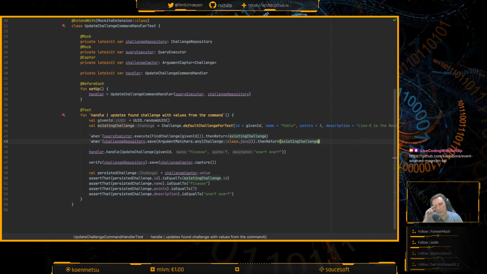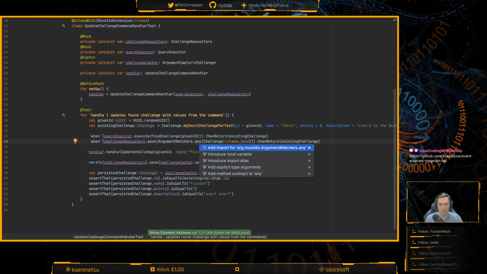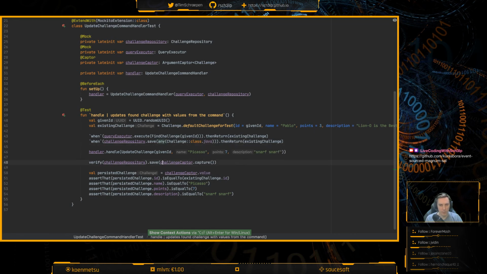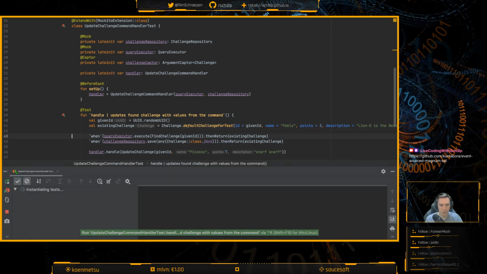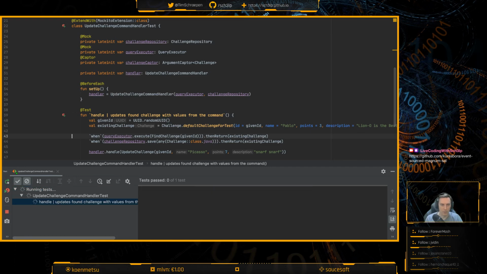Doesn't really matter all that much. Because we verify that the thing is saved, and that's the most important thing to check. Voila.